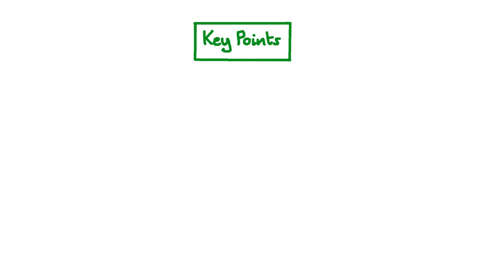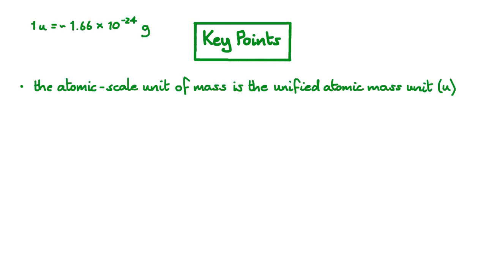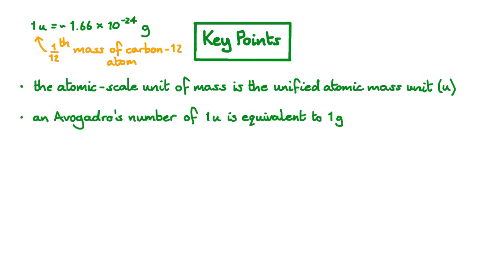Now it's time to wrap up with the key points. Firstly, the unit of mass we use on the atomic scale is the unified atomic mass unit, which is about 1.66 times 10 to the negative 24 grams. A unified atomic mass unit is defined as 1/12 of the mass of a carbon-12 atom. The special number called Avogadro's number is simply the number of these much smaller unified atomic mass units that's equivalent to a gram. Avogadro's number has now been defined as